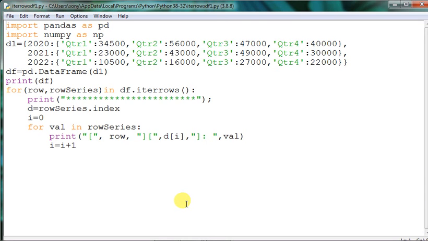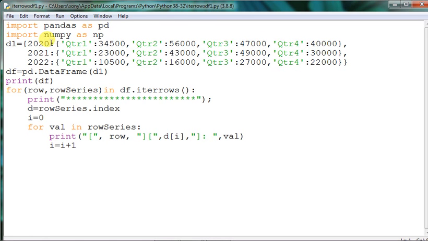Fine. Now import pandas as pd, as you all know. So here I have taken numpy also. You can keep numpy in any Python pandas program if required, and import pandas as pd has already been given. So the data frame has been taken in a different way. We have taken a dictionary inside a dictionary here. So in that way the data structure has been formed.